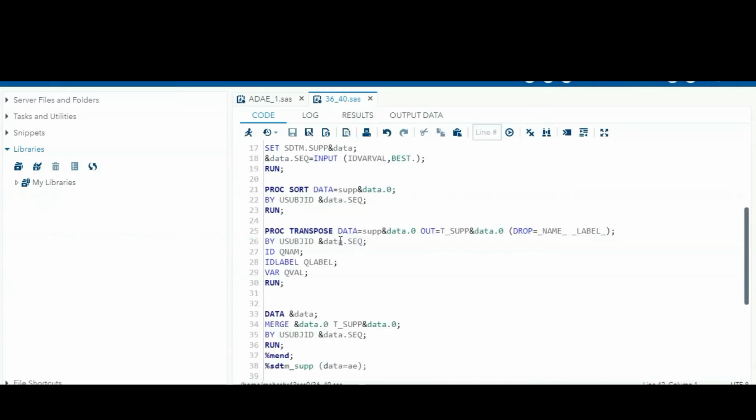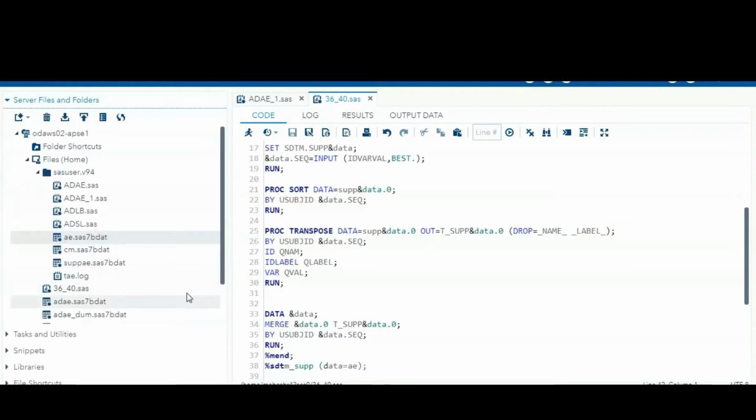This is fine, but the actual problem occurs if the supplementary dataset is not present for a particular dataset. How can you handle that case? Every time the data is refreshed, we are not going to check whether the supplementary datasets are present. That would be a headache, right? Here, if you see the data, the CM dataset is present, but there is no supplementary CM. How do you handle that? This is the actual question, number 36, that interviewers will ask you.